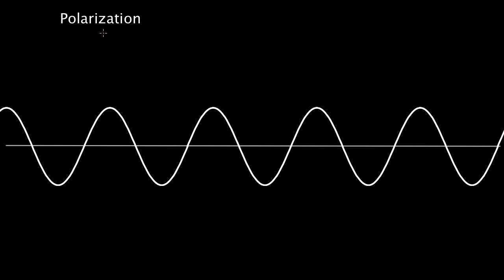Let's talk about polarization of light. We know what light waves are. They're electromagnetic waves, so they're made out of electric fields. And that's not good enough. We know there's not just electric fields. That couldn't sustain itself. There's got to be magnetic fields there as well that are changing, and those are perpendicular,